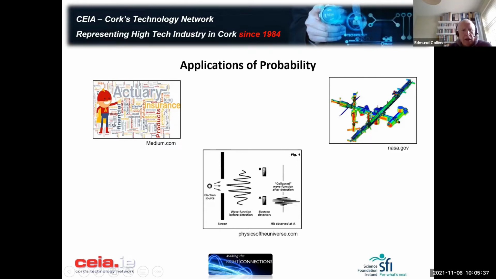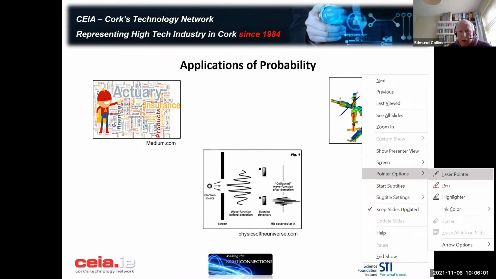particularly let's say around actuaries working in insurance. They have to determine the probability of accidents occurring, storms occurring, and so on, in order to set premiums. So it would come up quite a bit in that area. So if you look at